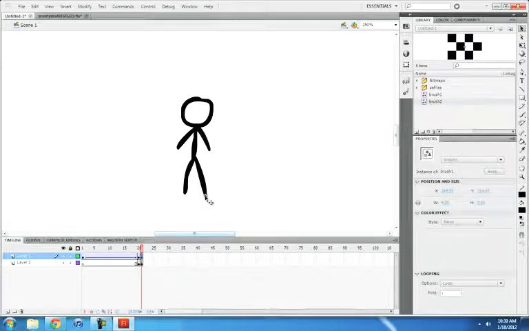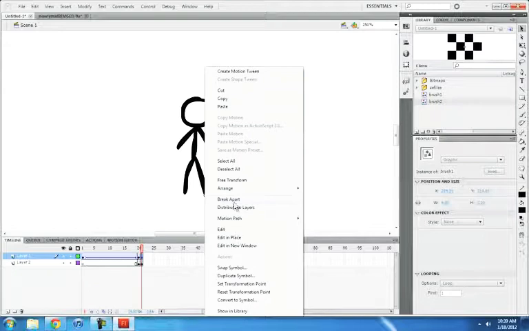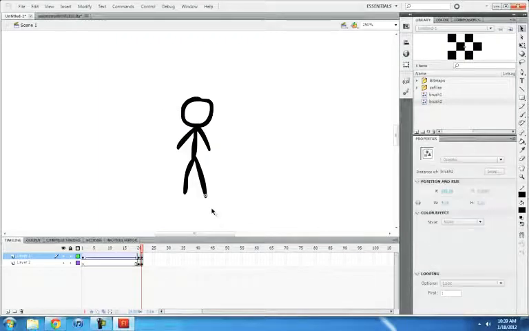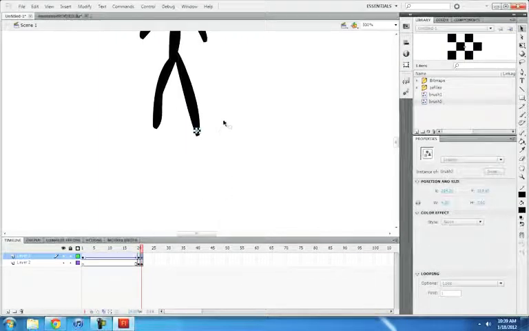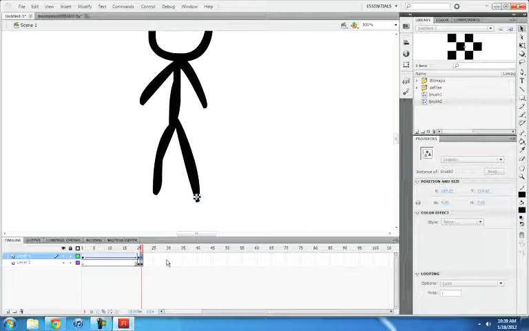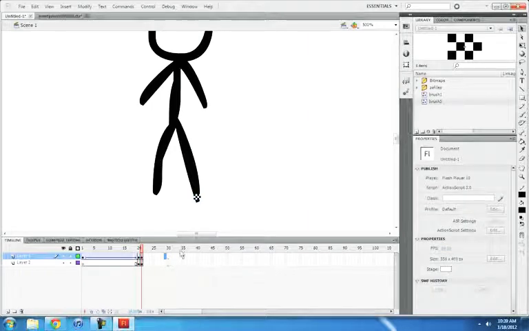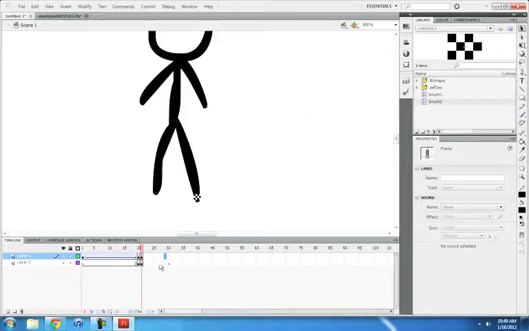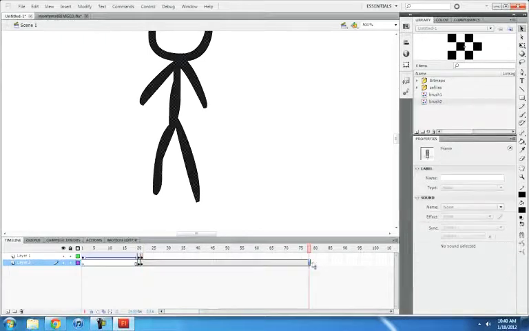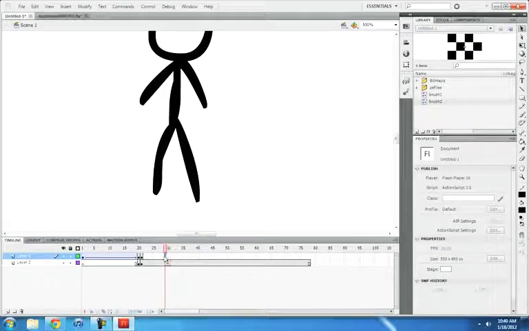So I'm going to right click, swap symbol for brush 2, and now I'm going to make it undraw itself, because we're going to reverse the frames later. Okay, so I'm going to make sure that this is on the background for a decent amount of time so it doesn't disappear. And maybe here,